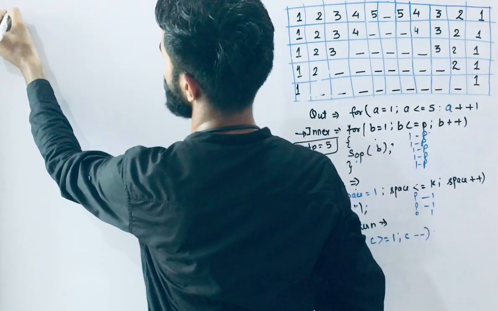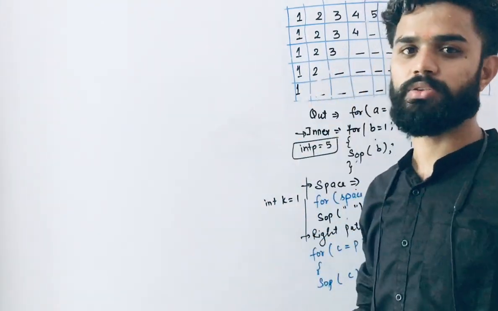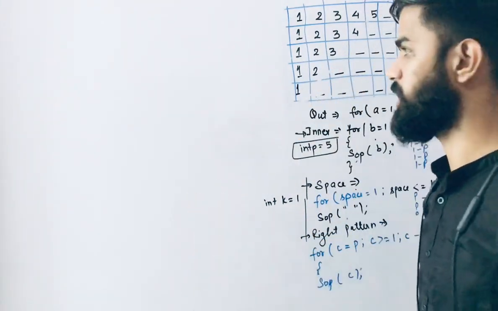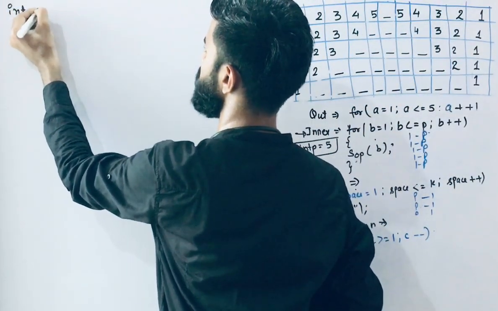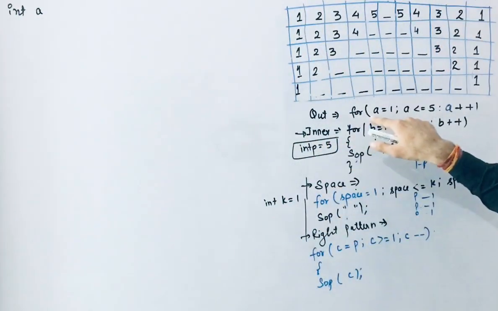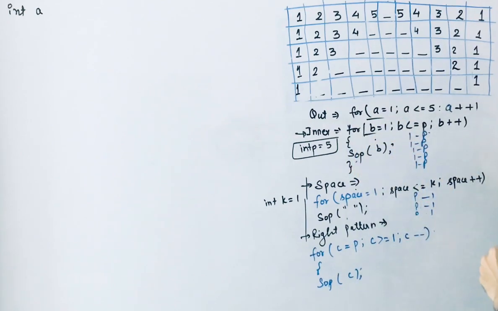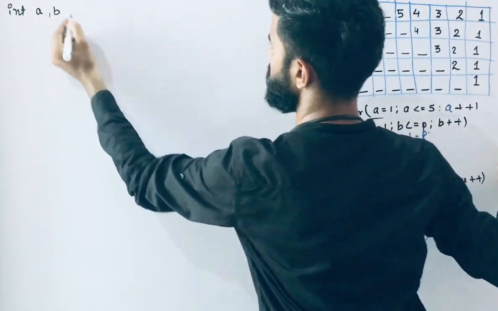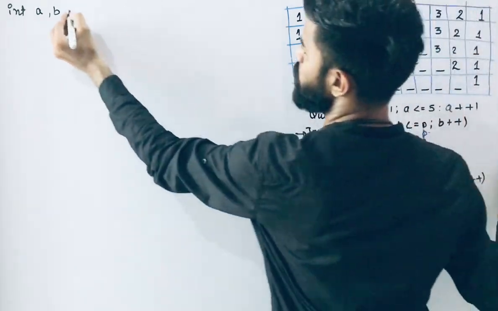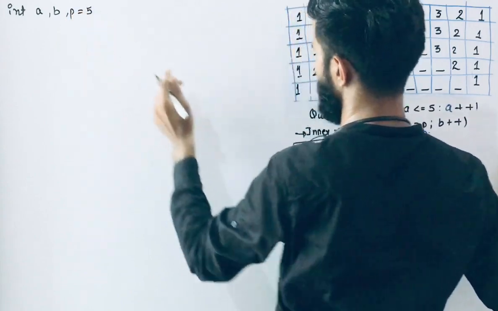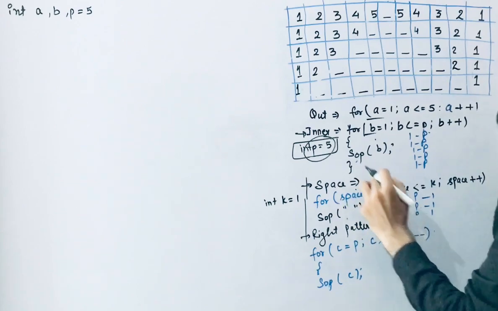So now we all know, first of all, public class is there, and after public class we are going to write public static void main and whatever is there. So I'm going to start by creating variables. Now int a, because first we are writing a, and then after a the next variable is b. So that's why I'm writing here b. After b there is p, and the value of p is 5. So I'm writing p equal to 5, and then b is also there, and then space.